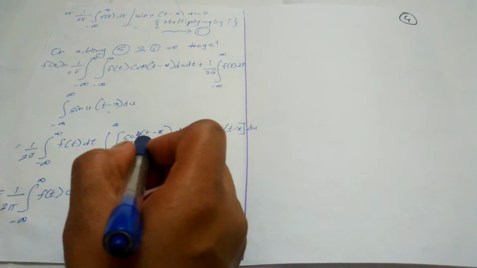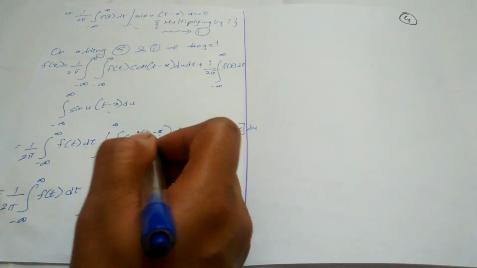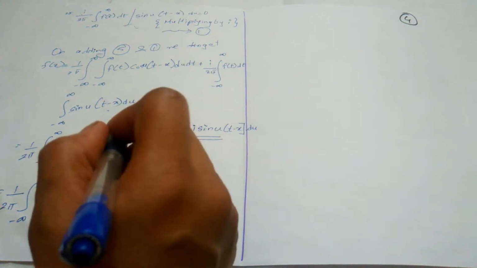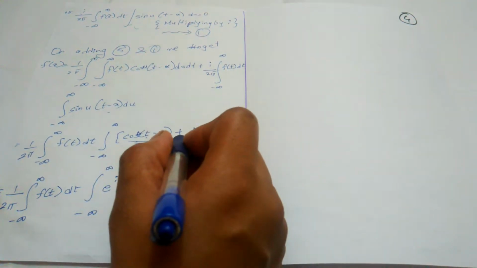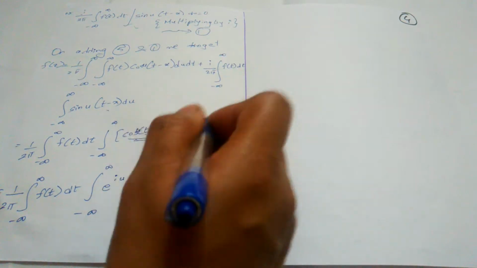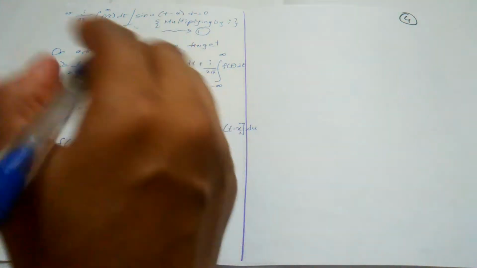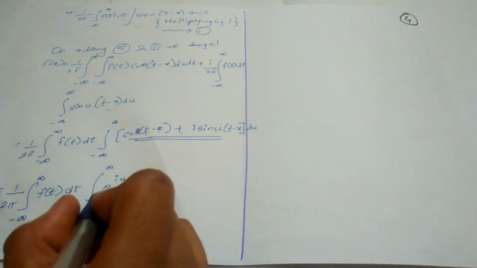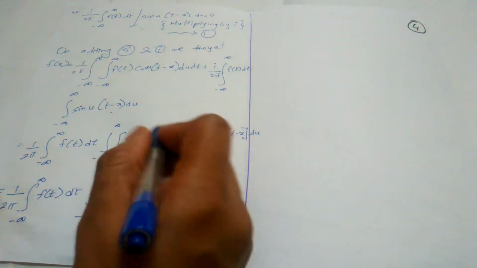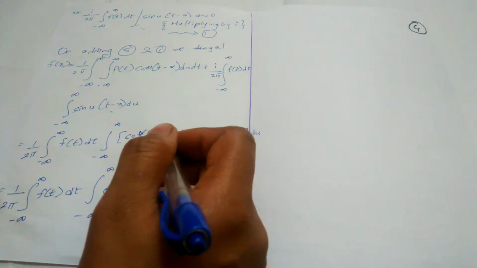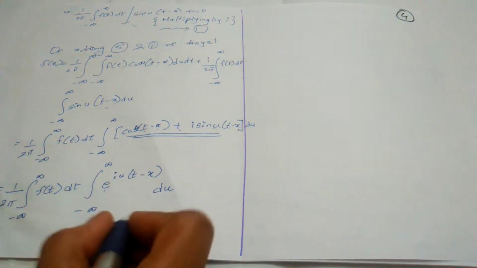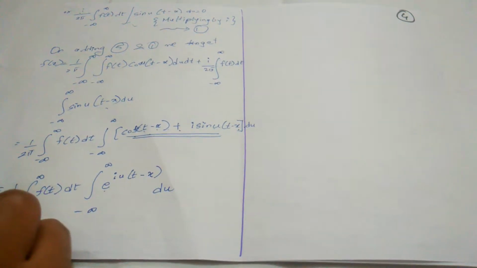So we are having cos(ut − u x). So this is our term. If you remember, in complex numbers we have sin theta plus cos theta. In exponential form, how were we writing it? We were writing it as e raised to i theta. So in the same way, this is e raised to i theta. This is exactly like theta. Okay, so as a result, what we are getting is f of x is equal to